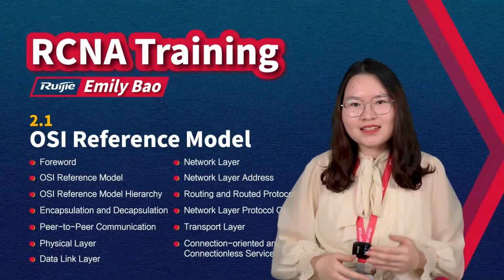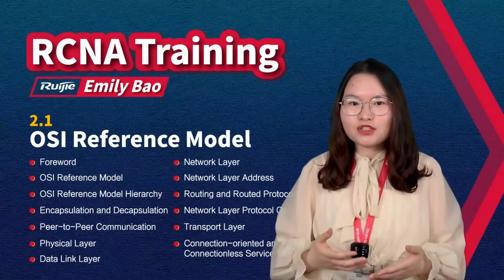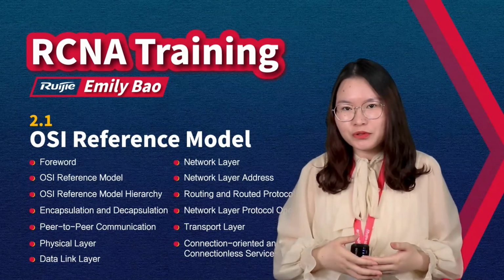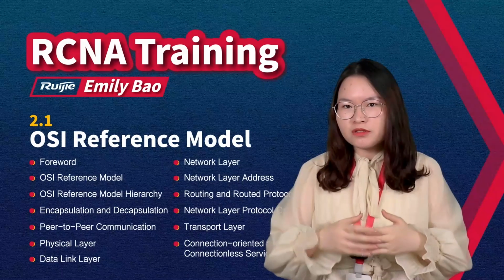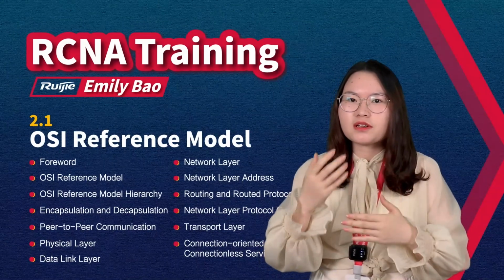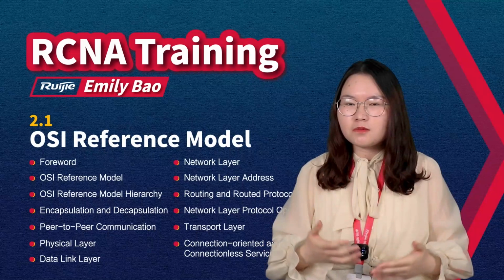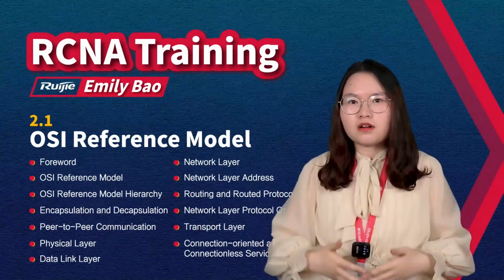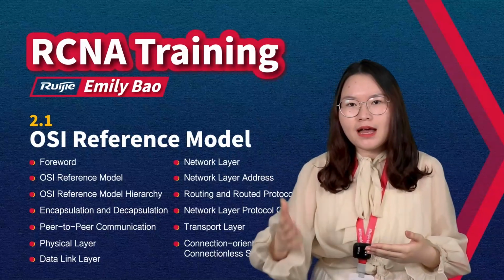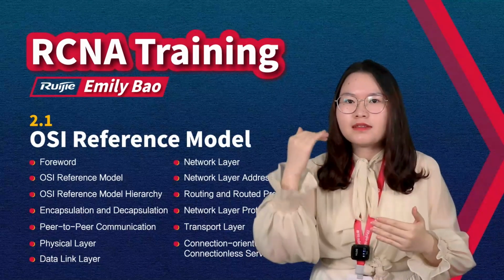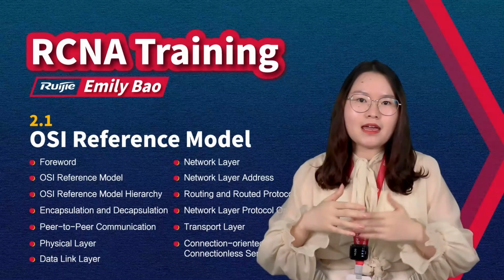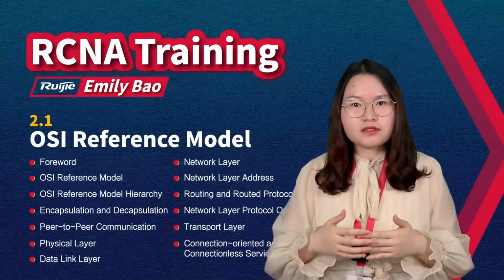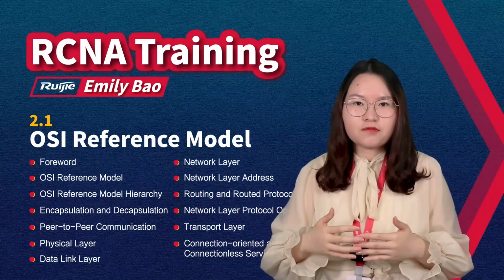Hello guys, now I think you are ready to see the training video for the OSI reference model. Now let me give you a brief summary. About the OSI reference model, first you have to know the different layers, the names, the functions, and after we finish the encapsulation, what the protocol data unit name is. For example, after we add the information of the network layer, we call it a packet. And for the data link layer, we call it a frame. So this is the basic function.